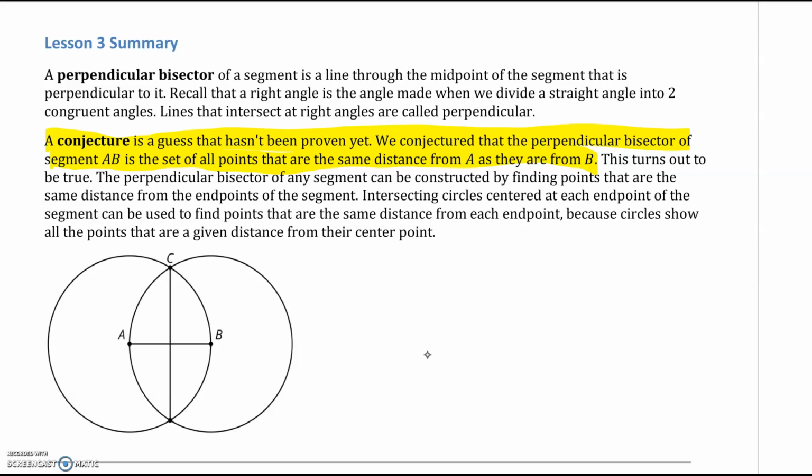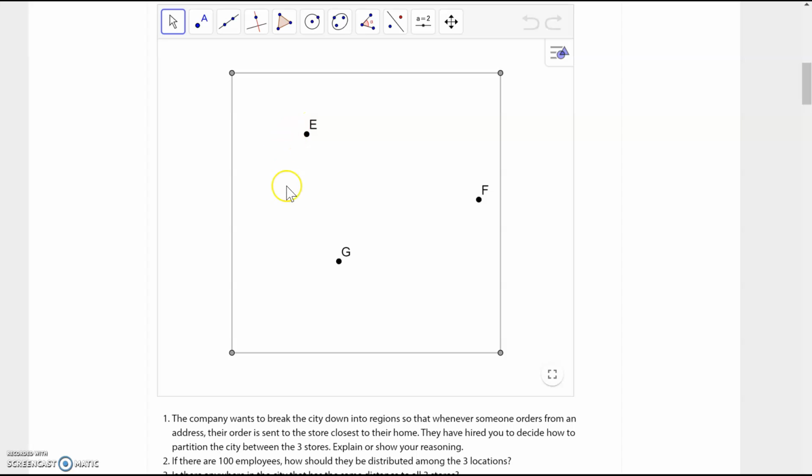And here we had the perpendicular bisector, point A on the left here, and point B on the right. And we said, well, if we make this perpendicular bisector, every single point on this line is going to be the same distance away from A as it is from B. And it seemed to make sense. So what we're going to do here is realize that if we can create the perpendicular bisector of each of these points, we can